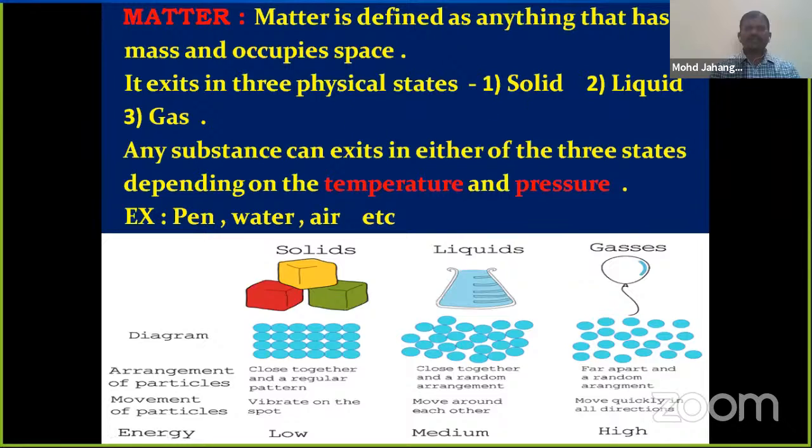One is called the plasma state and the other is called the Bose-Einstein condensate state. But we will not discuss those states of matter in detail. Why? Because they exist only under abnormal conditions, meaning very low temperatures and very high temperatures. So under normal conditions, the existence of matter is mainly of three types: